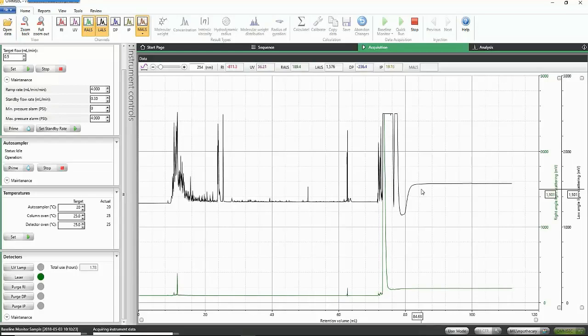This is because of the changing refractive index between the two mobile phases. As they mix in the cell and as one takes over from the other, there's really large changes in the light scattering signals. But the really important thing here is that there was no precipitation of salt in the light scattering detector, and there was no spikiness, and after the initial changeover, the LALs came back down to a nice baseline level, and it's been extremely quiet and stable ever since. So that's a really good